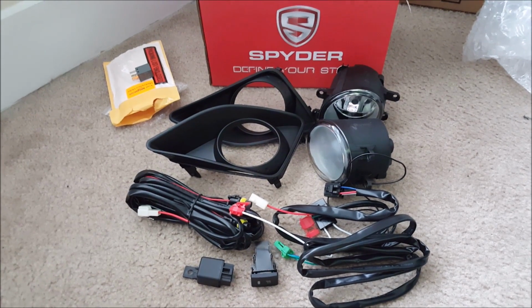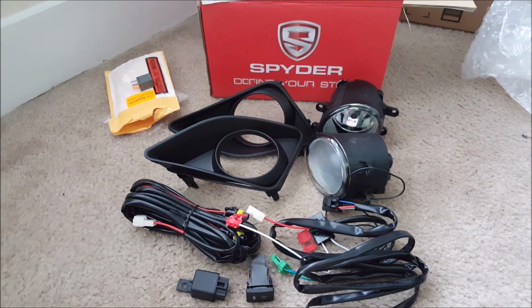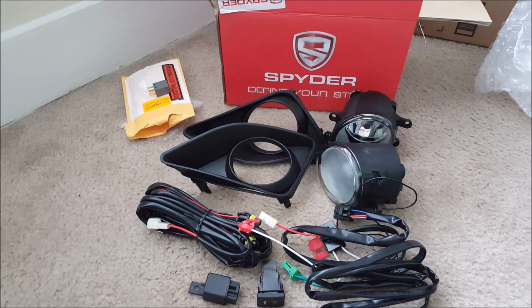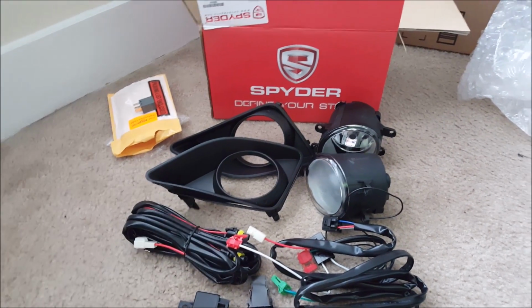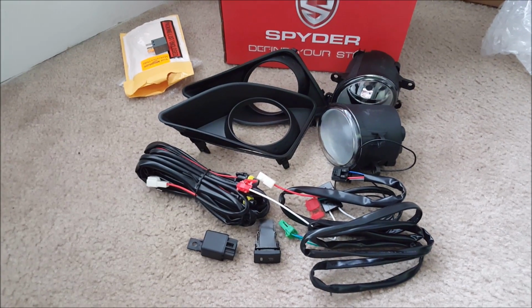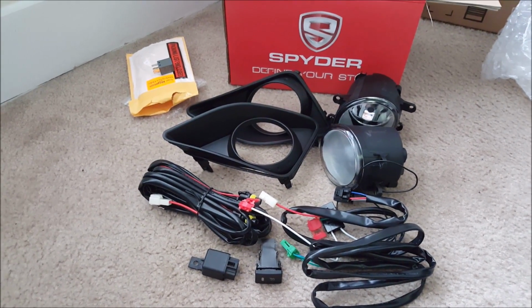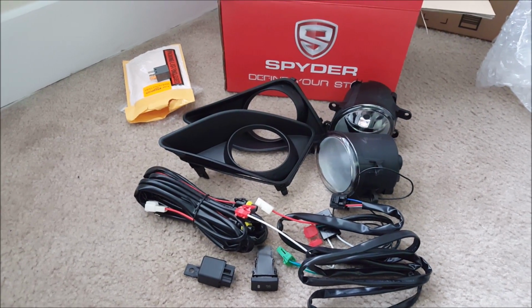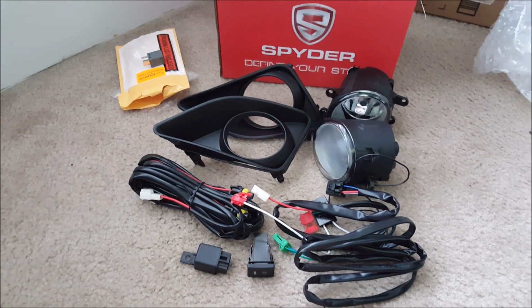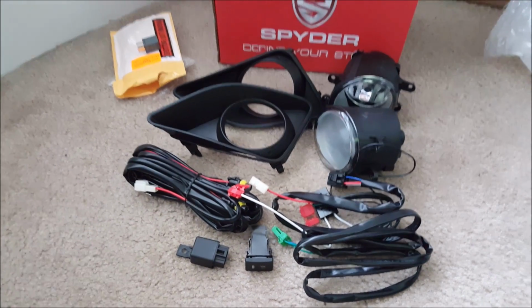So I got my Spyder fog light kits in a couple of days ago, but I haven't had time to make a video for it. So these are the lights that I'll be installing in my 2009 Toyota Corolla. It's an XLE model, and I'll be following a user on Toyota Nation, Task 1, and using their guide to install the fog lights and using the factory harness and using a factory relay without using any of the